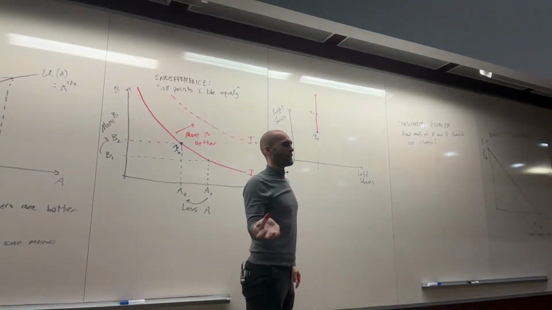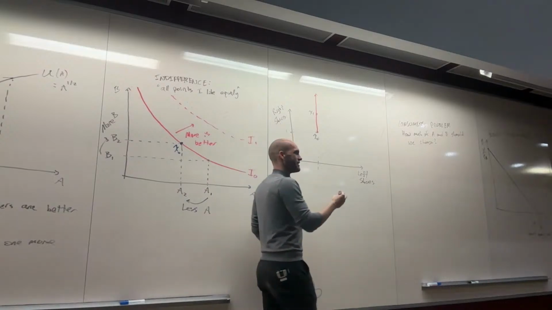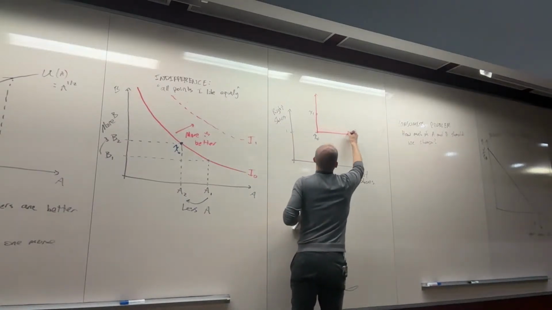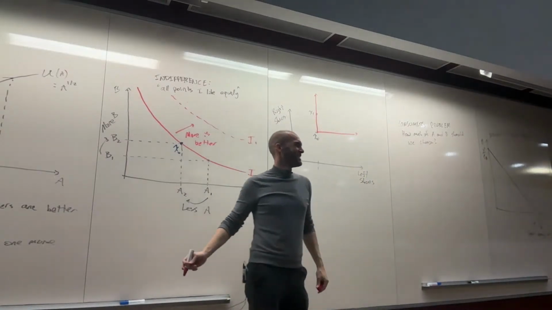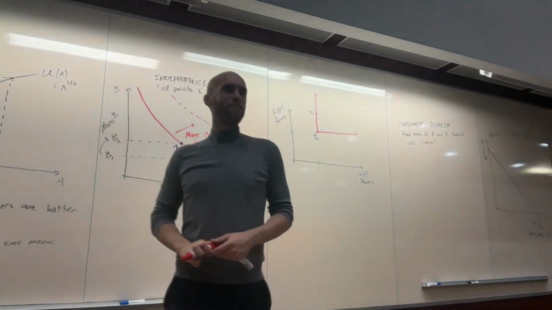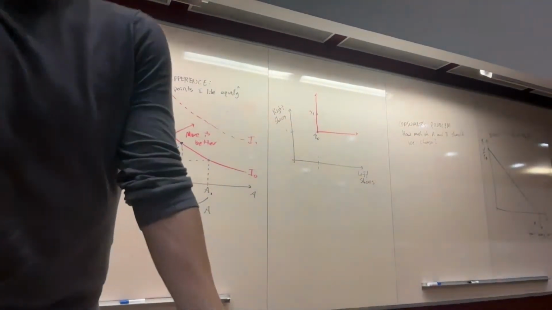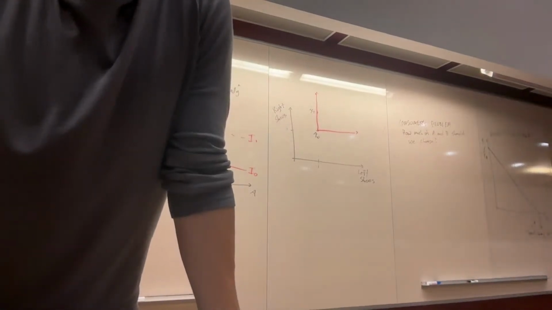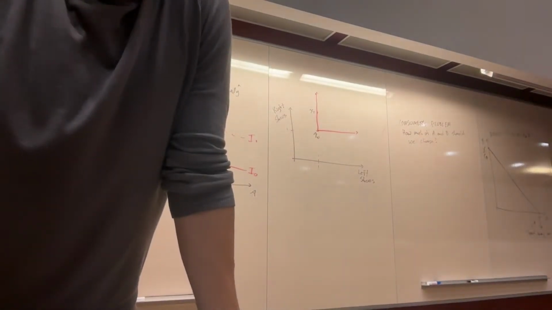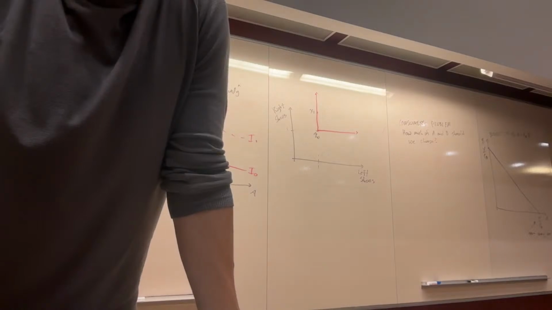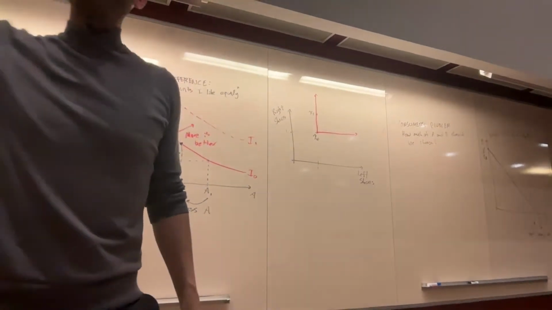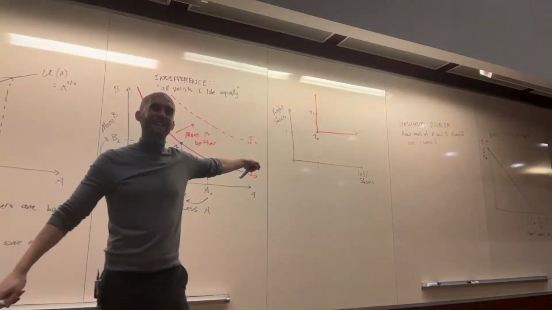Nothing special about my left foot. It's like a quarter of a size larger. But nothing else is fundamentally interesting about it. So if I increase the number of left shoes without increasing the number of right shoes, it doesn't make me any happier, right? Okay, any questions about this? Can you see it now?